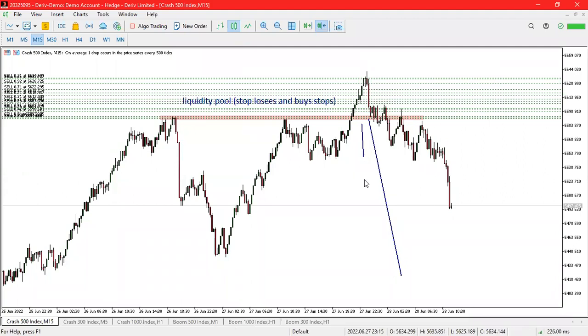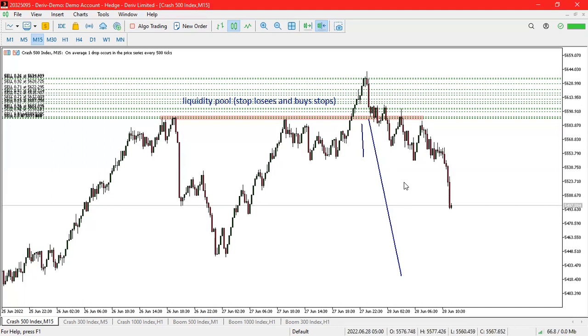I told you, if you still remember, again I'm repeating, guys, this is Crash. When it breaks above a sensitive level, it doesn't mean it will buy. No, it is just grabbing a lot of liquidity outside. And then what happens? It will grab it back down into the market. Let's say maybe you want to sell. Where will you sell? There is no level that you can sell. You see, even the sellers are still in high momentum. So there is no buying pressure, it's only selling pressure. So there is no level where you can buy here, only selling.